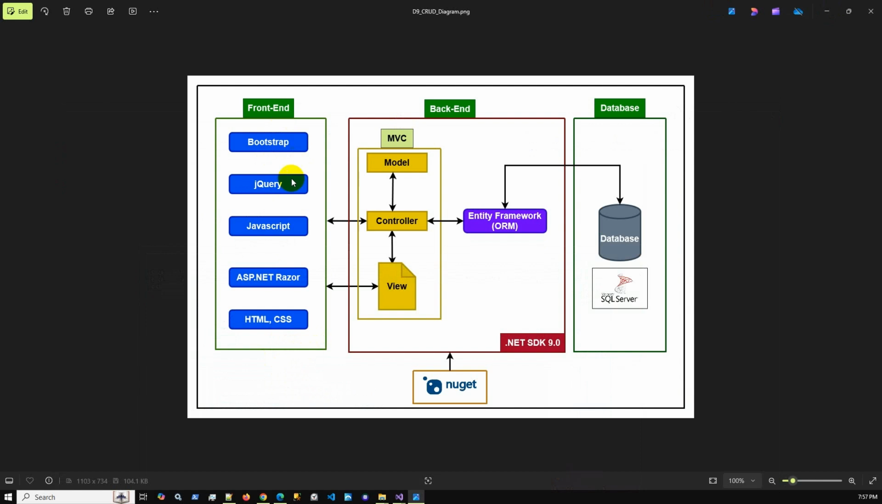So front end part done, back end part, and if we go back to database part, we're going to use MS SQL Server, which is a Microsoft product. With the help of Entity Framework Core ORM, we'll communicate from back end to database. Also sometimes we store data and sometimes we request to get data. So these are the